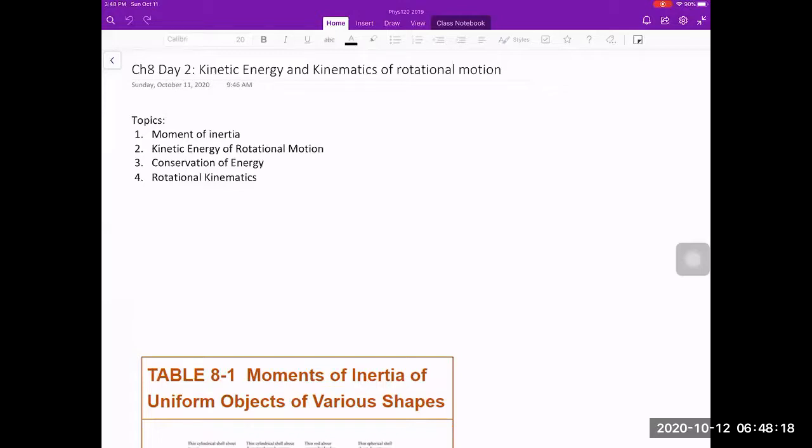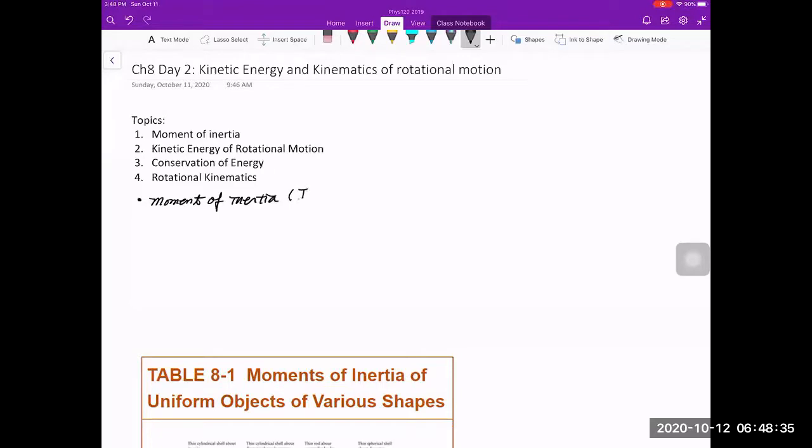So I want to start with the moment of inertia. We use a symbol I to represent it, which represents inertia. If you have an object,